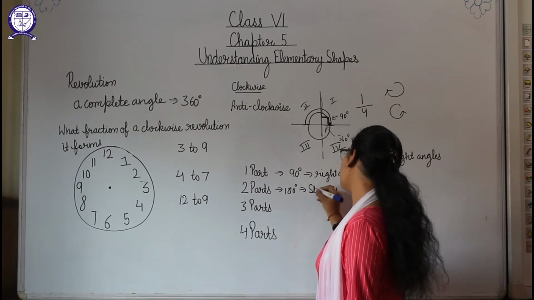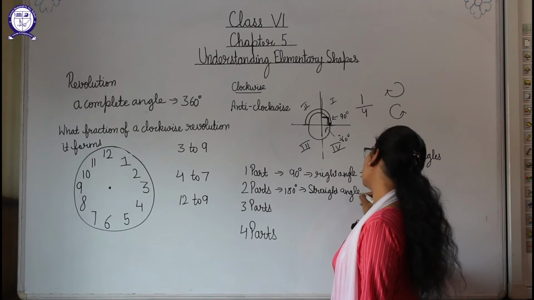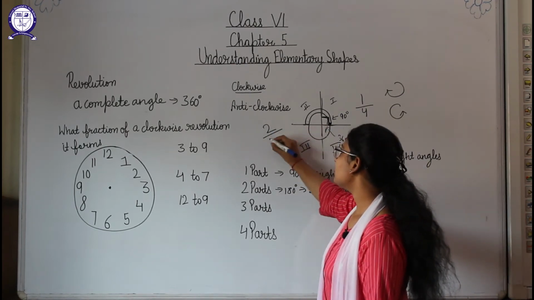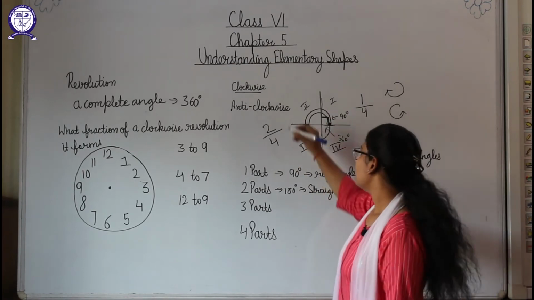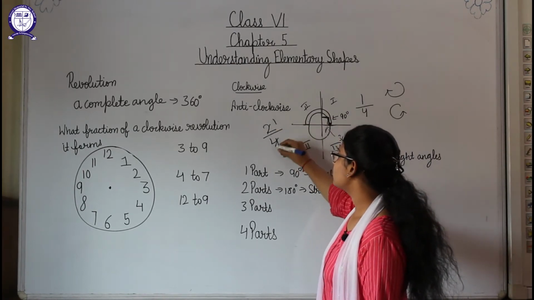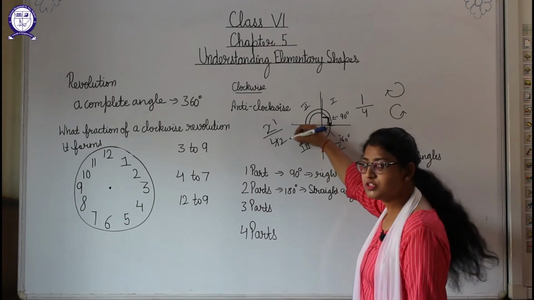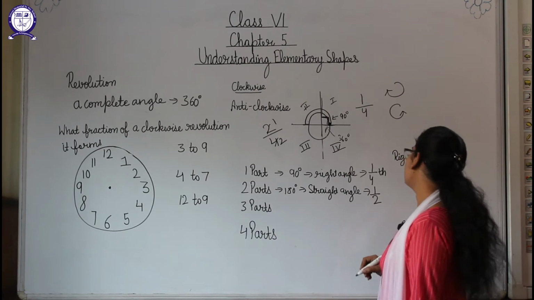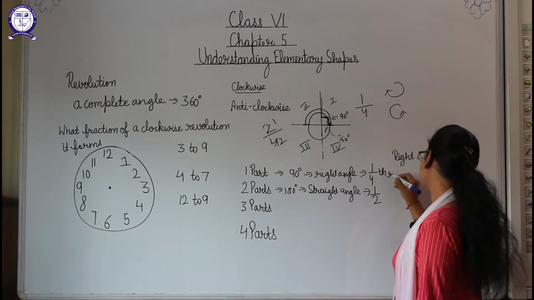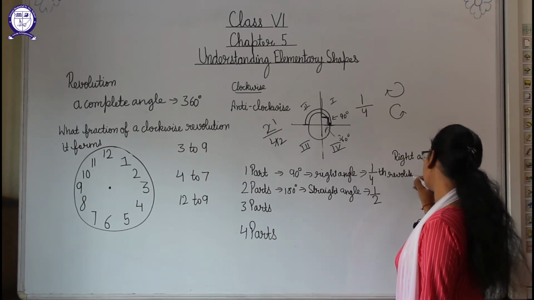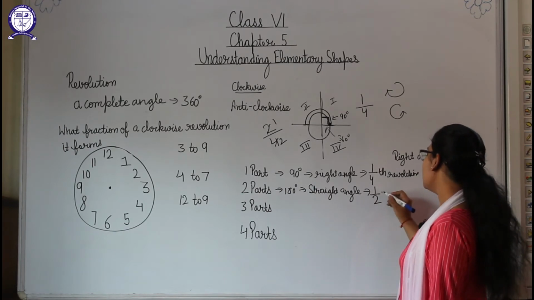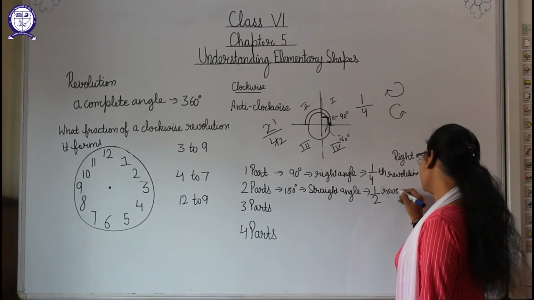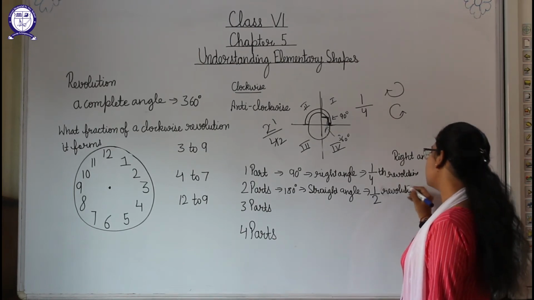So we can say 180-degree angle or straight angle to this. Okay, and how many parts is it covering? 2 parts, and here total are 4 parts. It is covering 2 parts and total are 4 parts. So if we cut down, 2 1s are 2 and 2 2s are 4, it means it is covering half of the revolution. 1/4 revolution we can say for the one part or for the right angle, and half revolution we can say for 2 parts.